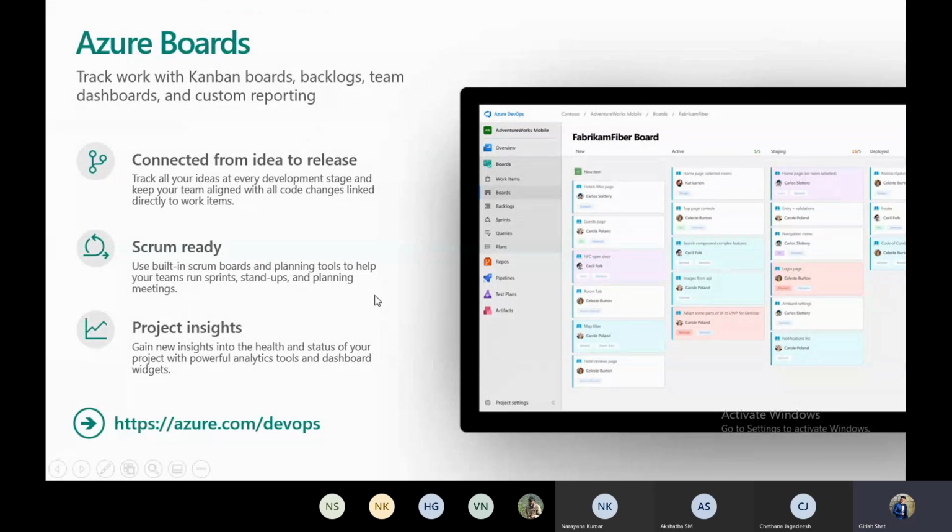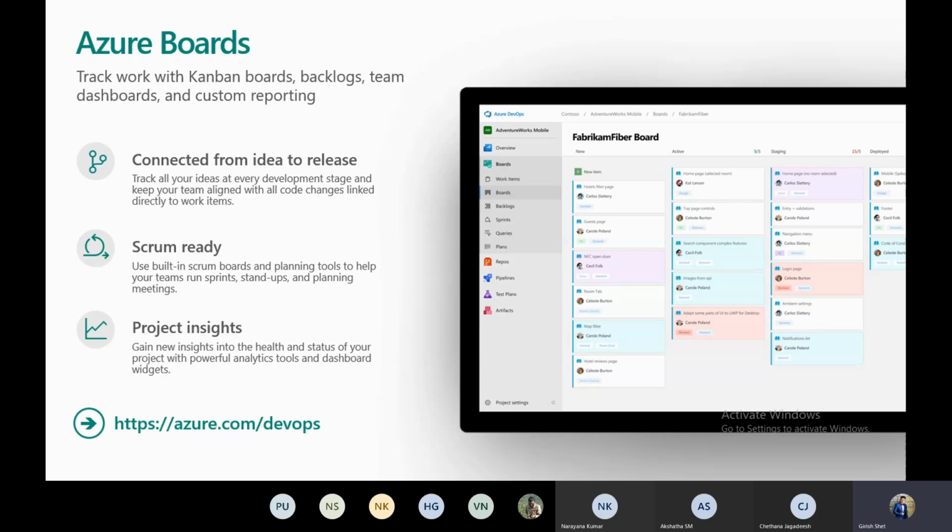Microsoft provides Azure Boards for project management. What does project management mean? It's a plan to track your goal. First, we specify a goal. To achieve it, we make a plan. In between, we get to know where we are standing to achieve that goal. Azure Boards provides project management, where you track your work and plan accordingly to achieve our goals.